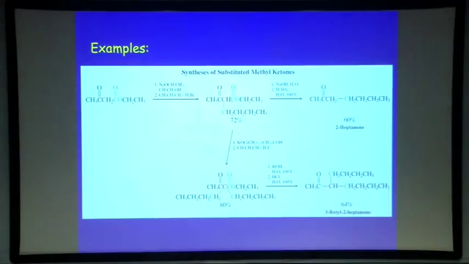So here's an example from the literature. Here they use sodium methoxide and bromobutane that introduced the butyl group, and then they hydrolyzed with base in this case, and then acidified and heated to 100 degrees to get 60% of the corresponding substituted acetone. Of course, what is this? This is 2-heptanone. Or you can alkylate again, more base, another bromobutane, and so in this case they needed the dibutyl compound, so they butylated again. So now you have two substituents, and you hydrolyze, heat, decarboxylate, and now you have a dibutylated acetone.